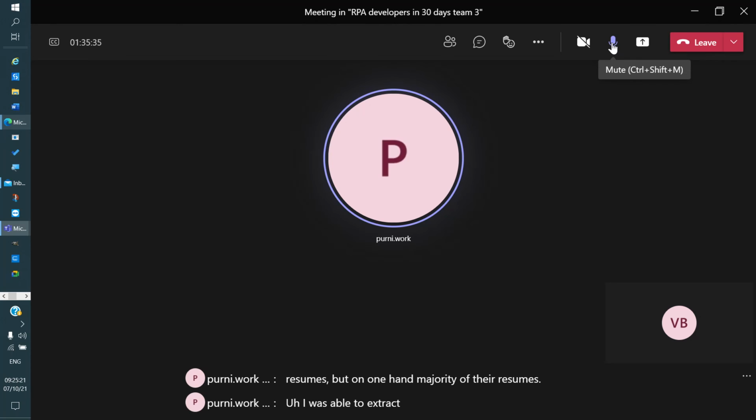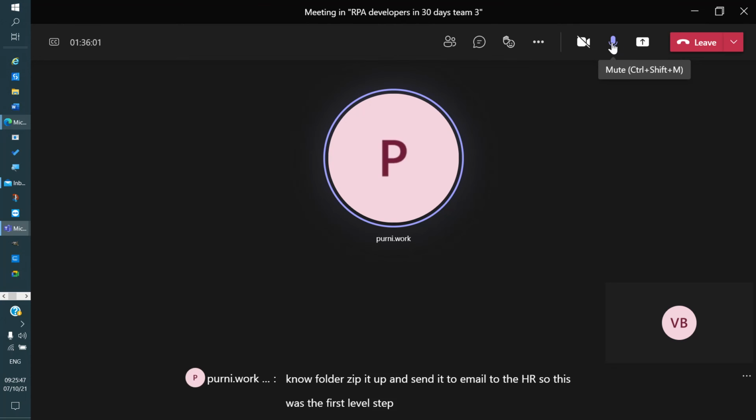On one hand, I have an Excel with job openings with comma separated values of skill sets. On the other hand, I have resumes which show me what my skills are, like Purnima.doc will have UiPath, project management, team leading, whatever. So even if one of them matches, I put it into a folder, zip it up and email it to the HR. This was the first level step.